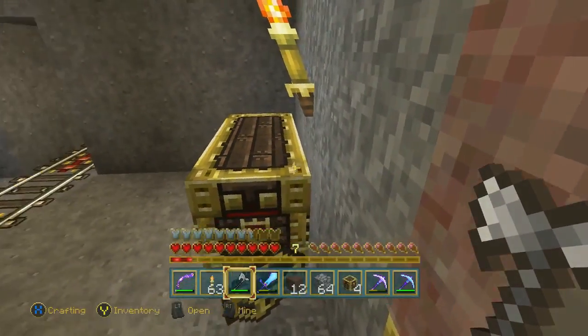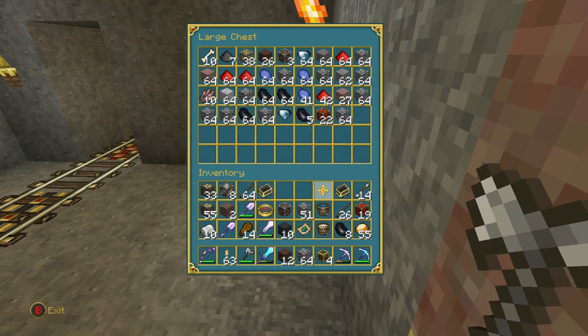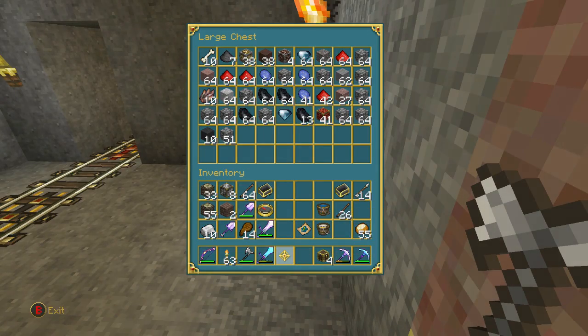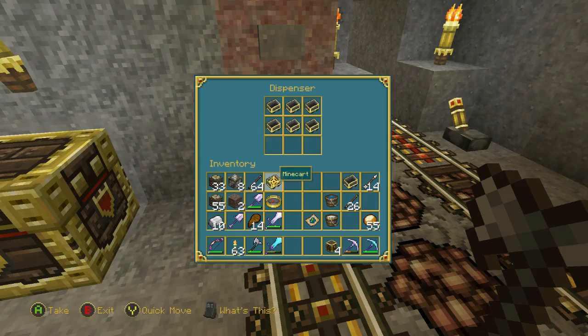I find the best way to empty these things out is throw a chest down like this and then just use your axe to destroy the minecart with the chest in it, and then just stand here and shoot everything into the chest. So I was out mining for about 2.5 hours in the game, and that included building the